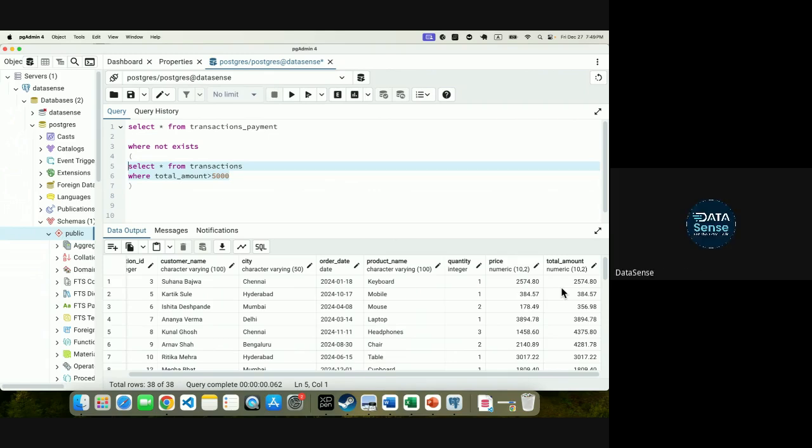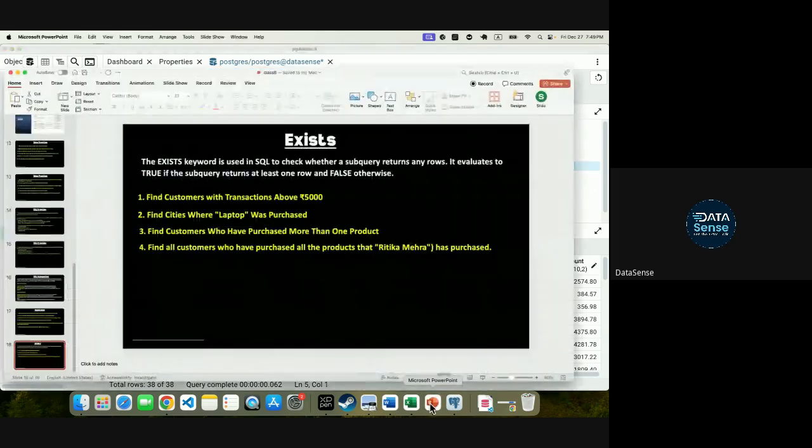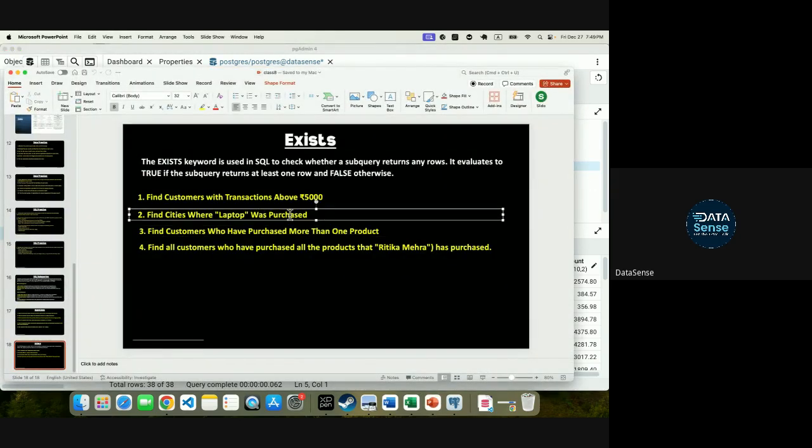No, sir. Okay, now with this concept, let's try to solve a few questions. This one I explained, first one. Now try to solve question number 2 using this concept. Find cities. The concept is this much only, that after exists, I will tell you why exists. Why do we need to learn exists? I will tell you once. First solve question number 2, then I will tell you the importance of exists, why it is better while writing SQL code. But first solve question number 2 using this method. Try to solve. It's fine if you're not able to, but